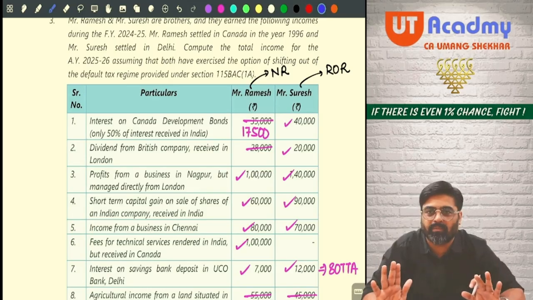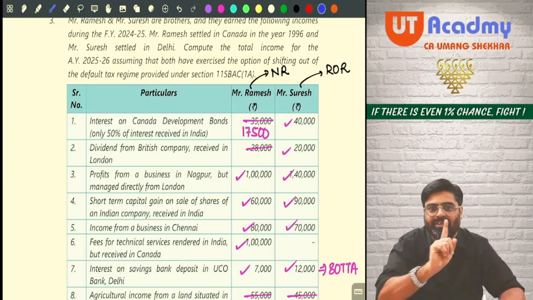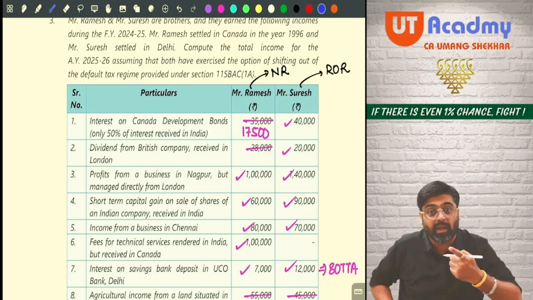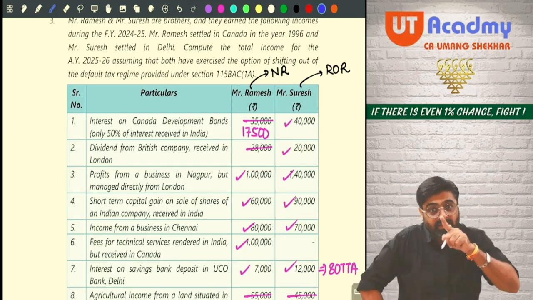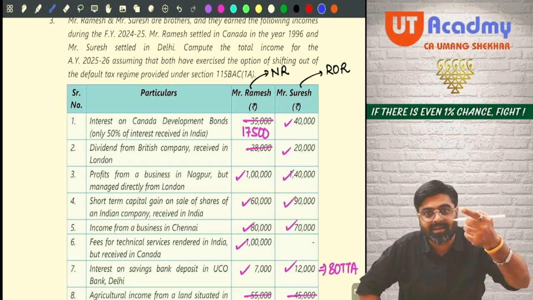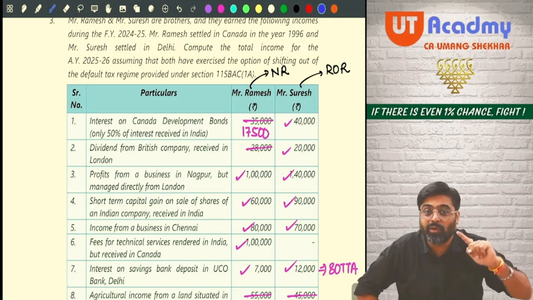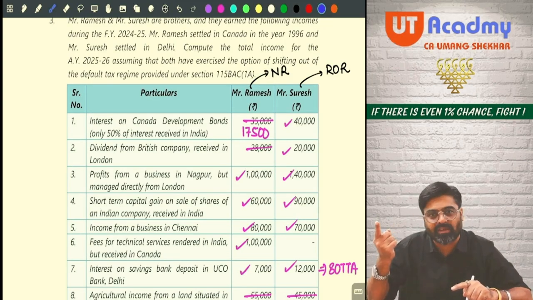Don't worry about it. But the confidence will come only if you solve the maximum questions. And you should have this mindset that, okay, what if in this question they are trying to do like this? What if in this question they are trying to do like that? You should have that kind of mindset. Only then will you think, and only then when a new type of question comes in the exam.